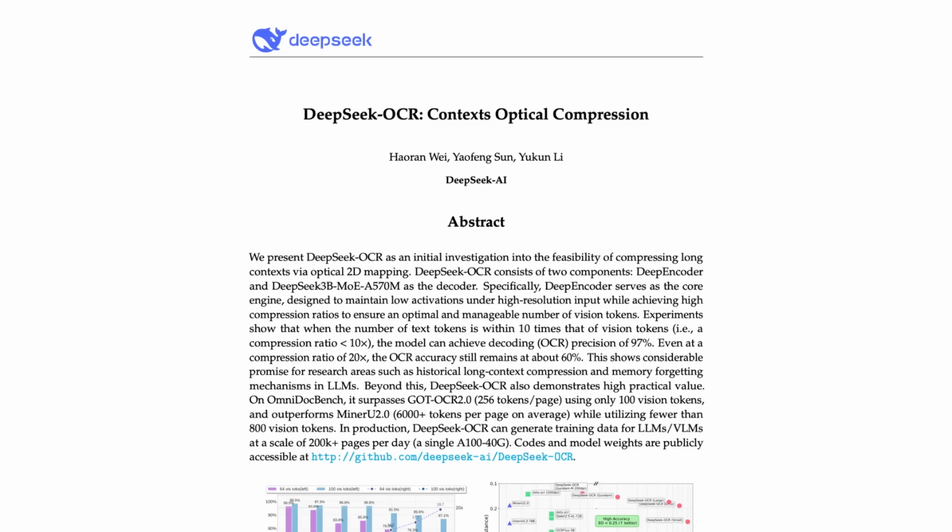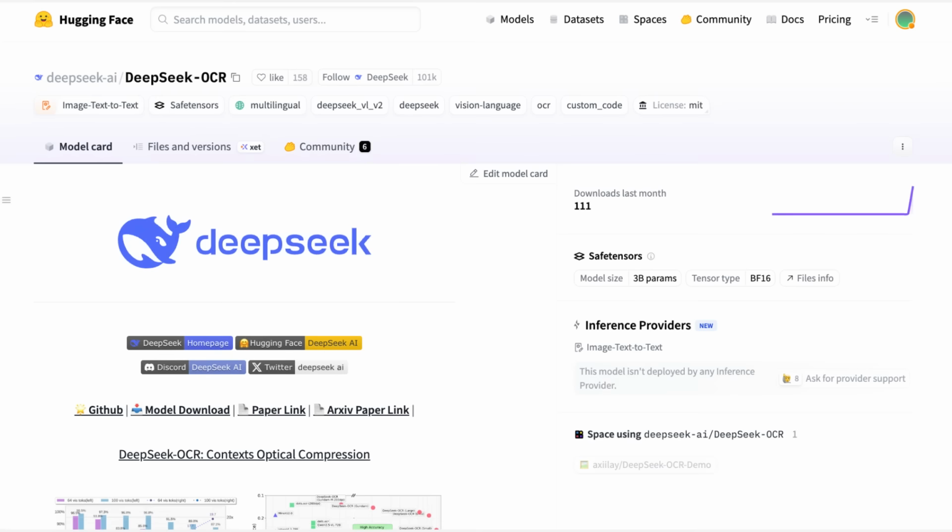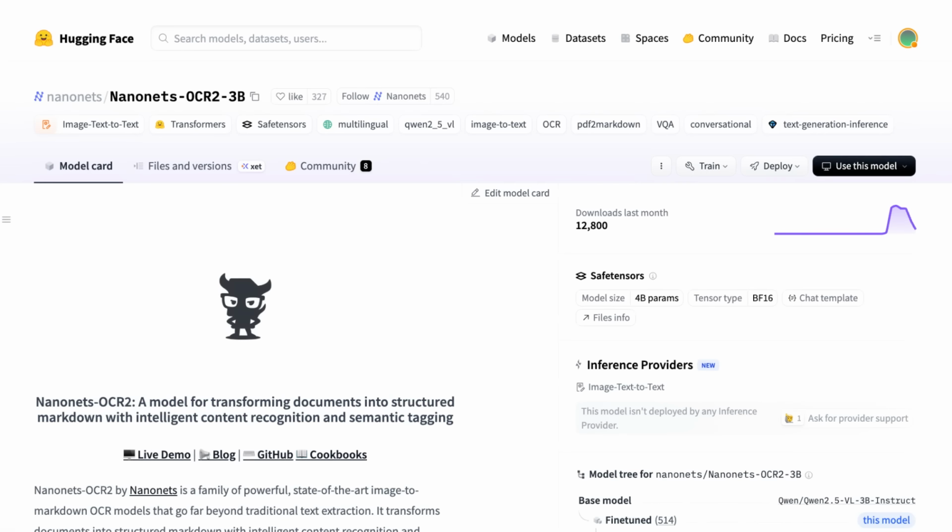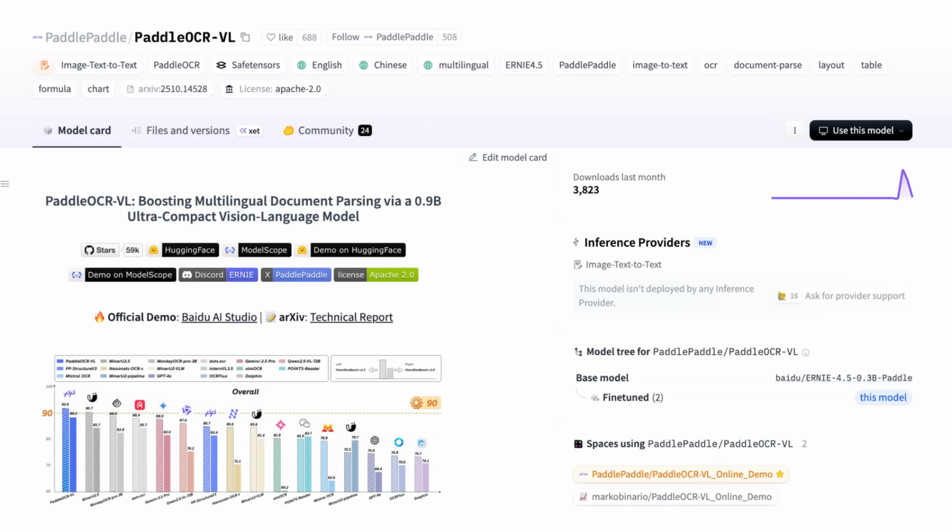Anyway, check out the paper. Have a look at what they've actually released. The code is up on GitHub, and the model, I think, is up now on Hugging Face as well. It seems like Hugging Face has been having some problems today serving models, along with a lot of other people. I may revisit this to check how well it actually works for real world tasks if we compare it to some of the other OCR systems that have come out recently, like the Nanonets OCR2 and the PaddleOCR-VL, which are both very interesting models that are very small and built just for doing OCR.